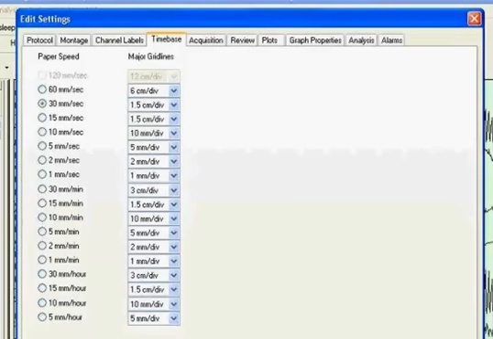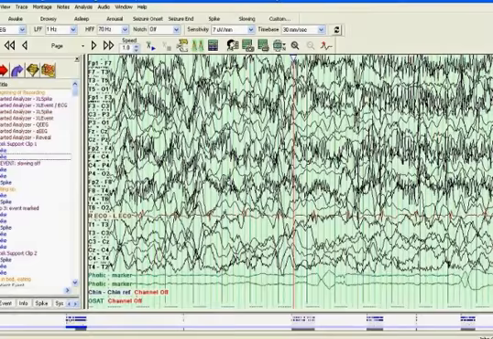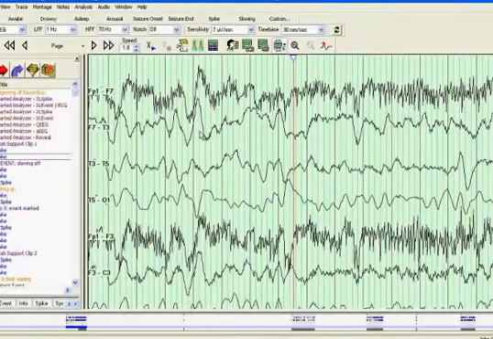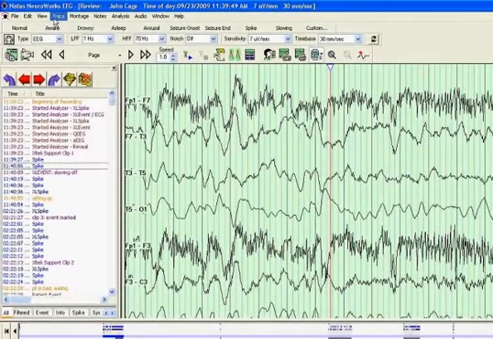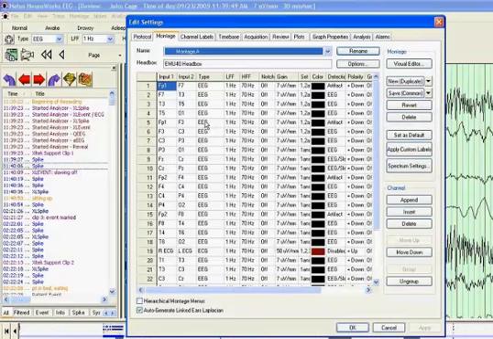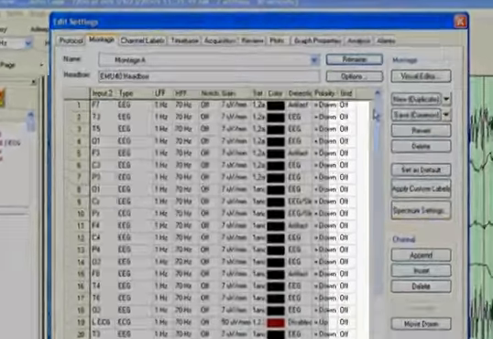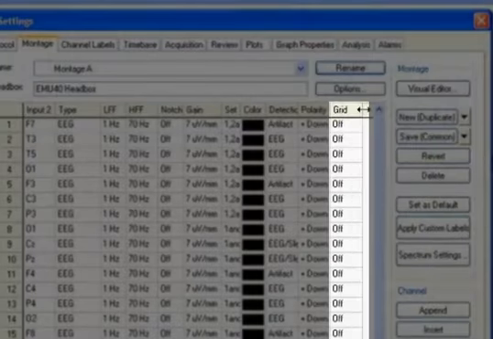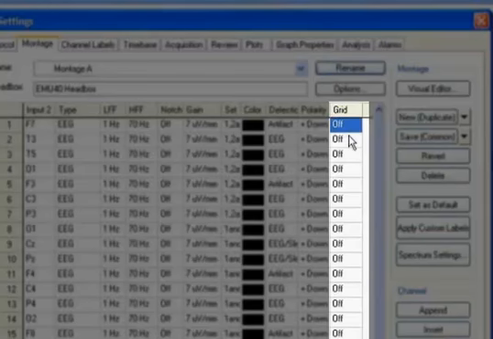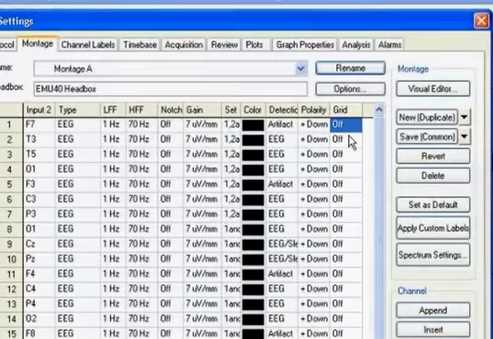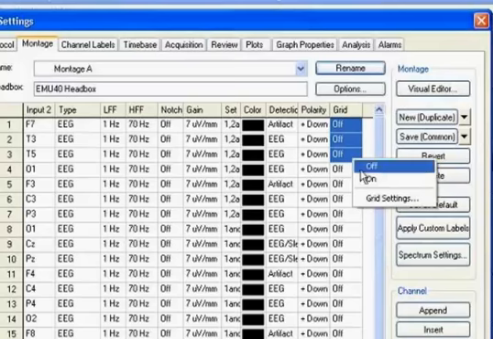If I change this and click Apply, we will see more grid lines. I'm just going to limit this to 6 channels so we can see our grid lines more clearly. If you want to add horizontal grid lines, of course, that's an option as well, which you can enable by going back into the montage and scrolling to the far right of your montage, and you can specify your grid line increments per channel. So if I just selected the top 3 channels here, for example, I'm going to right-click,